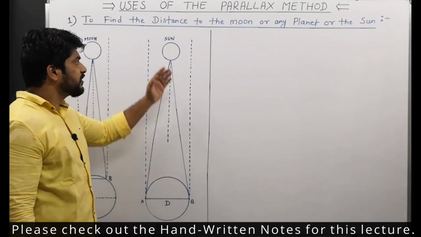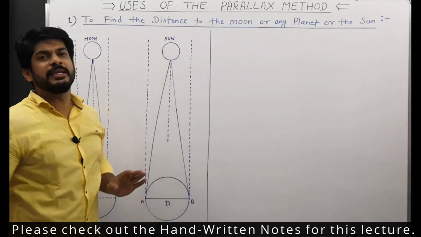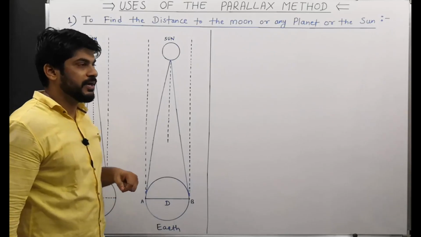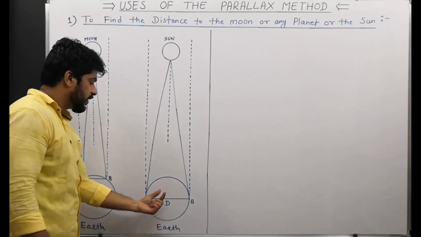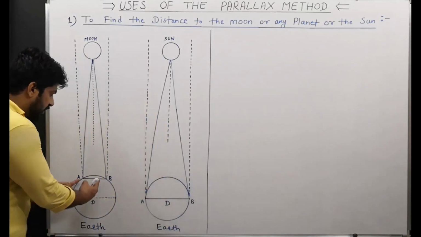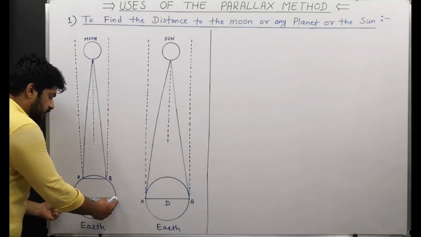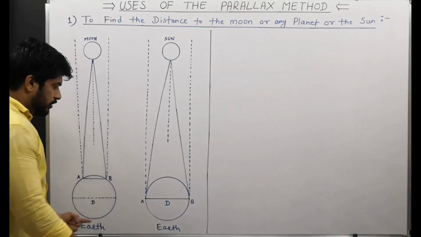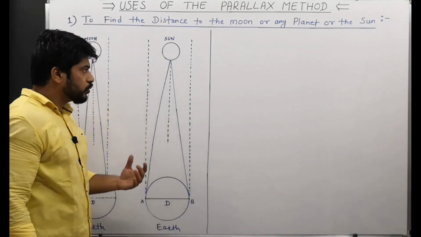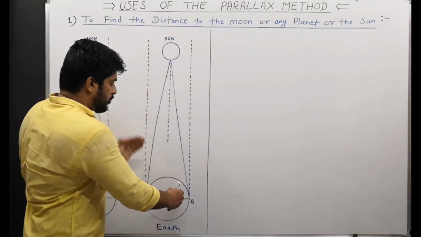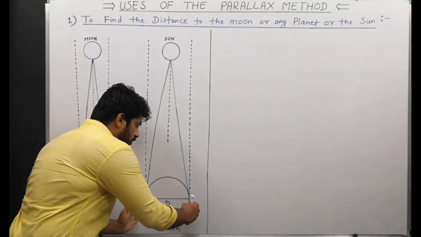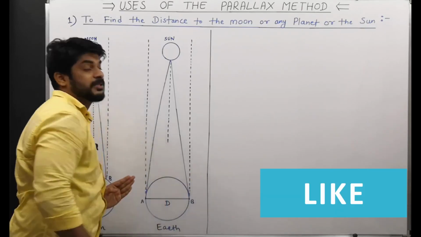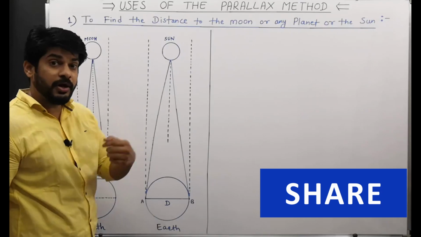Especially when the distances are very large, this becomes very handy. I will tell you why you require this. See, definitely this distance is very small in comparison to this one. This diameter, isn't it? So when this is large, then you also need to choose the distance between the 2 points of observation as very large. So why do we do that?